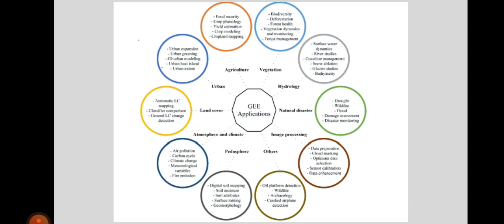And pedosphere includes digital soil mapping, soil moisture, soil attributes, surface mining, and geomorphology. Other applications such as oil platform detection, wildlife, archaeology, and crashed airplane detection can also be done with Google Earth Engine.